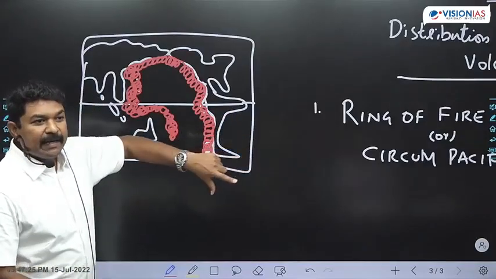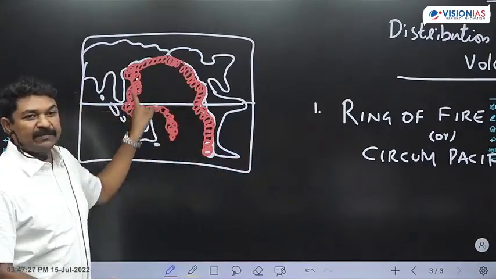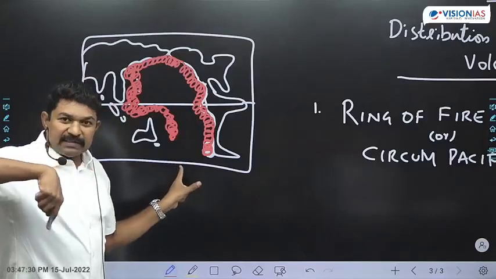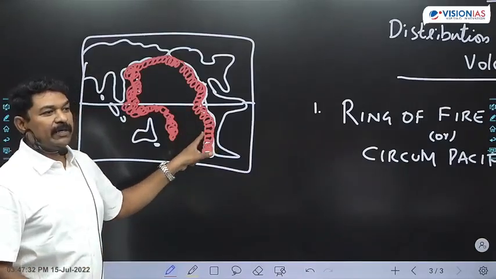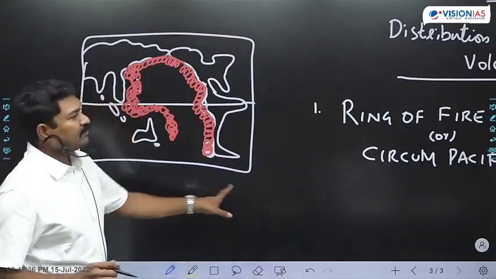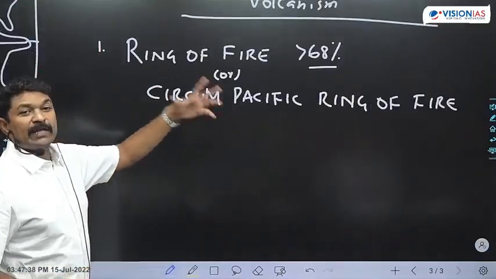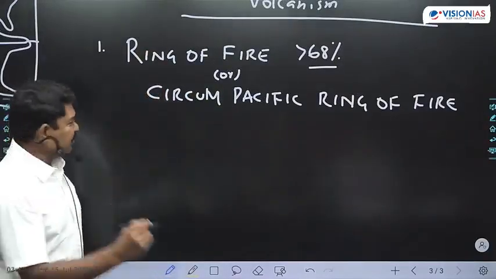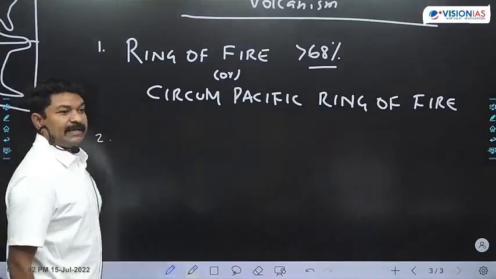Is it clear? It's also called circum-Pacific, along the circumference of the Pacific Ocean. This is the area. How many earthquakes and volcanisms? More than 68%. The next area. The next area is called